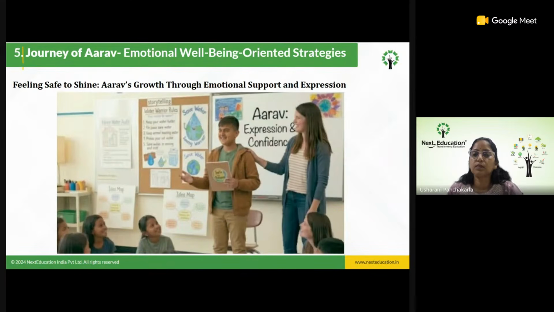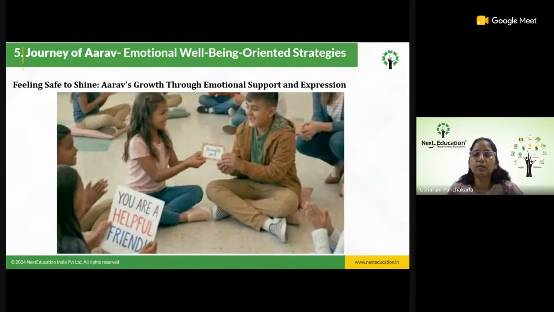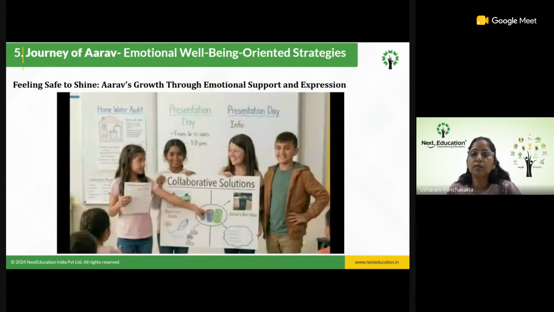To strengthen teamwork and classroom relationships, the teacher regularly conducted collaborative games and reflection activities where students appreciated one another's strengths. Arav slowly became more comfortable interacting with peers and expressing his thoughts openly. By the end of the term, Arav had become more expressive, emotionally secure, and confident in himself. He no longer feared participation because he felt safe, valued, and supported in the classroom environment.